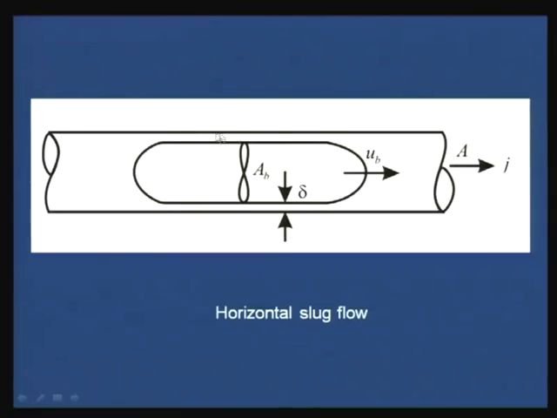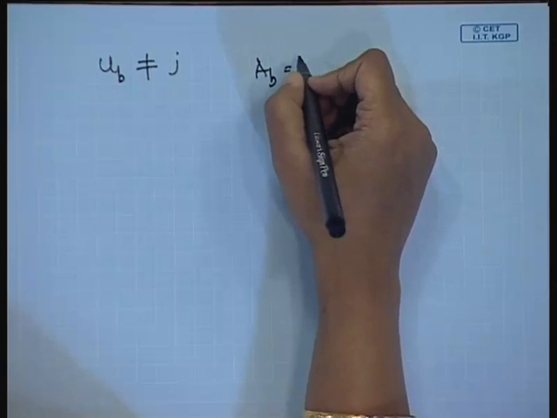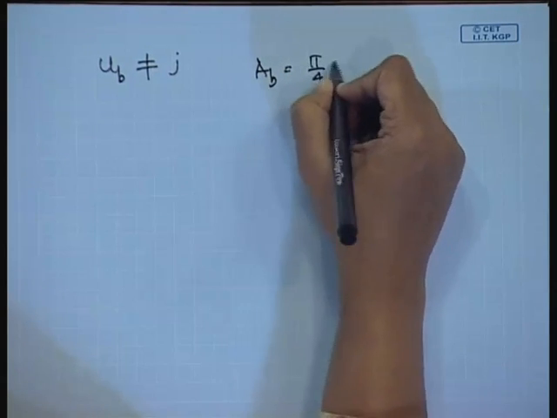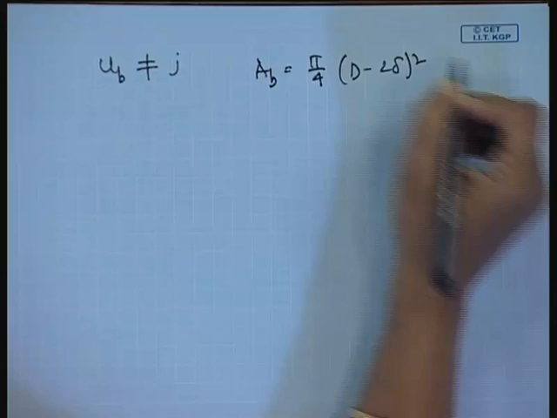Since there is no relative velocity, no buoyancy effect, we can assume that the liquid film at the wall here is more or less stationary. Because there is no pressure difference, the bubble surface is at constant pressure. So, since there is no pressure difference, we can assume that the liquid film between the bubble and the wall is more or less constant. So, for this particular case, what we know is that AB is equal to pi by 4 into d minus 2 delta whole square,